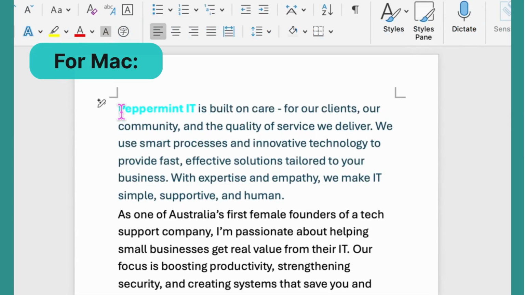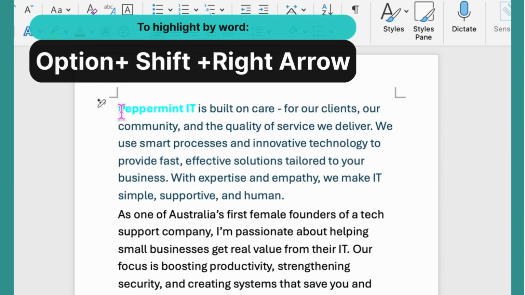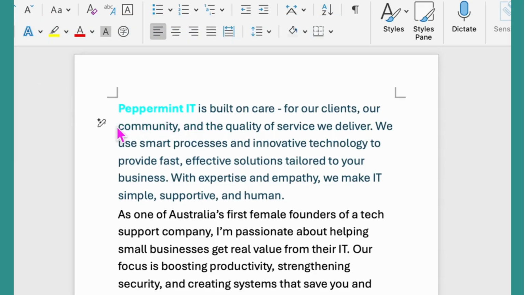Now for the Mac equivalent. On a Mac, the Control key's job for navigation is done by the Option key. To select the next word, the command is Option Shift right arrow. Simple as that. Using these shortcuts will instantly boost your speed and save you a lot of time over the